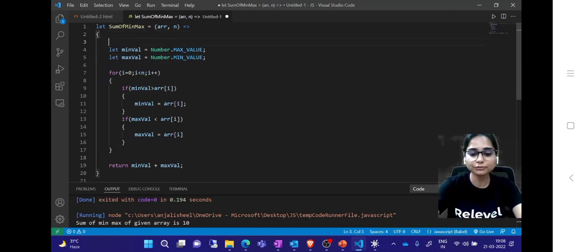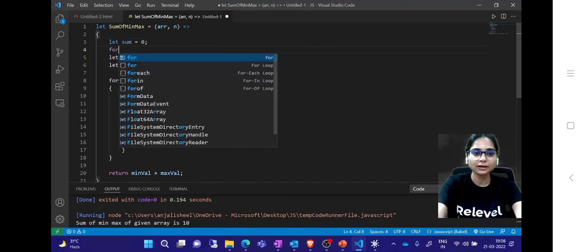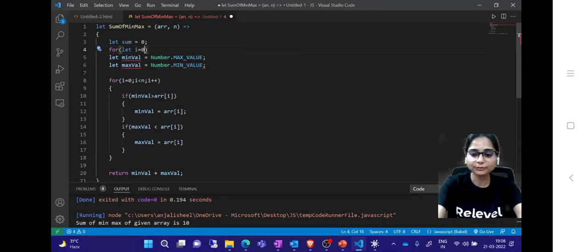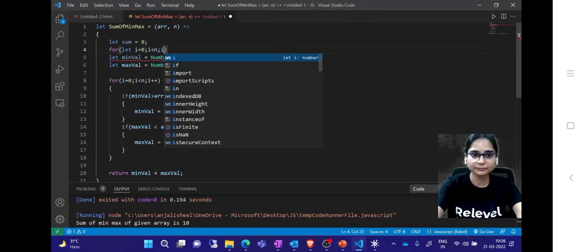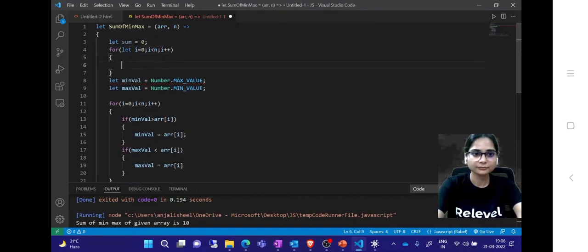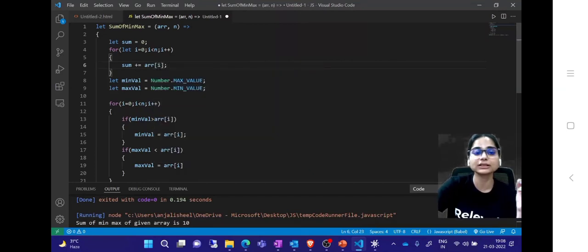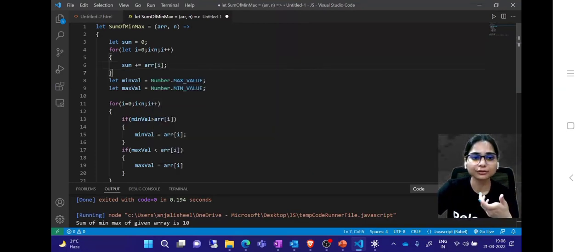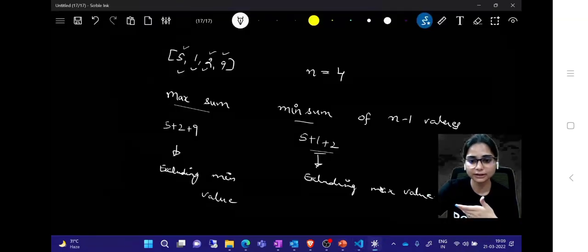Before that, we are going to find the sum. Whenever we have to find a sum, always initialize it to 0, because anything added to 0 returns the same value. Now let's run a loop from i to n and just add all the values here. If the array values were 5, 1, 2, 9, the sum is going to have